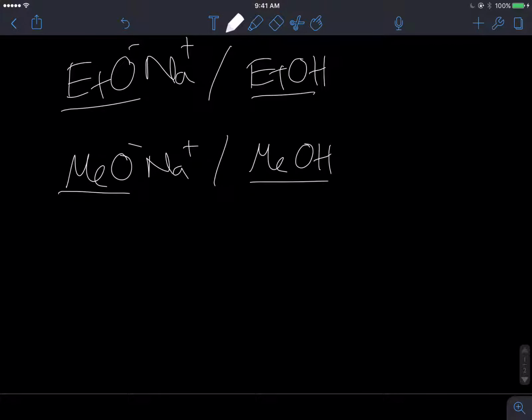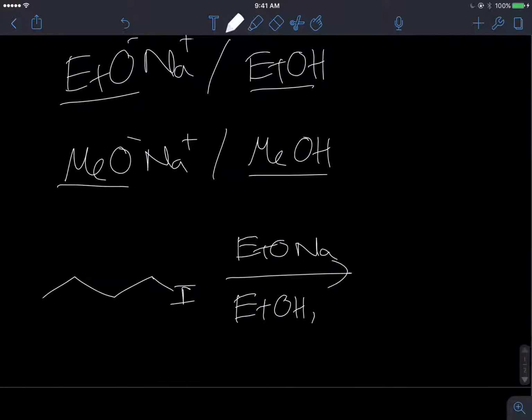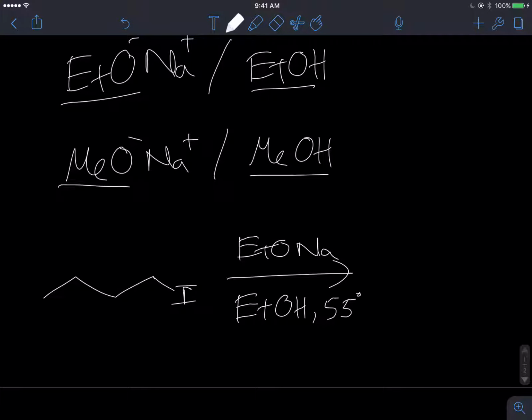For example, I have this. It's just a leaving group, and I put EtONa or MeONa, whatever you like, but you have to match with the solvent in which it dissolves, EtOH. And sometimes there's heat too, and in the book it says sometimes 55 degrees Celsius, but I don't think it's necessary. So when you have the substrate, and the base in the solvent used for elimination reaction, you will have this